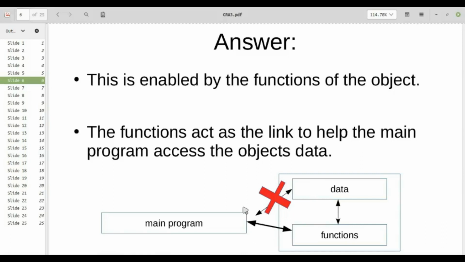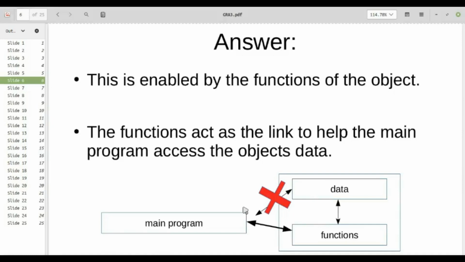So in any case, just keep this in mind: whenever I want to access the data member of an object, I am bound to do that through the functions of that object. I cannot directly access the data of any object from the main program.